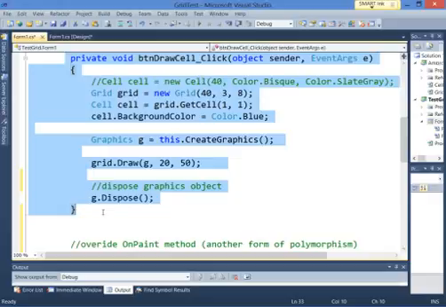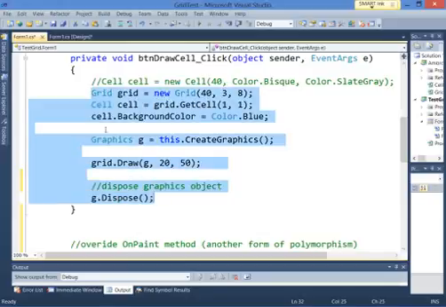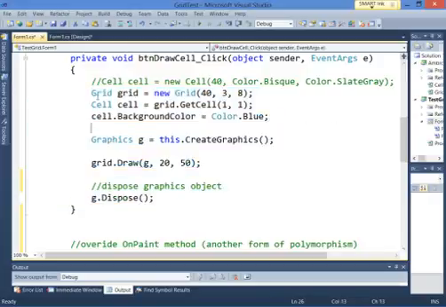Okay, so one of the things that we have here is this grid. The only thing is that it's only alive within this particular button here. So we should make it global so that I can access it anywhere in any method, and all the values and everything can be accessed. So first thing I'm going to do is take this right here, and I'll put grid back here,